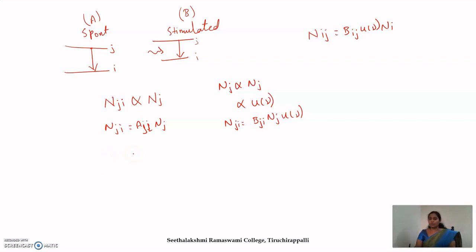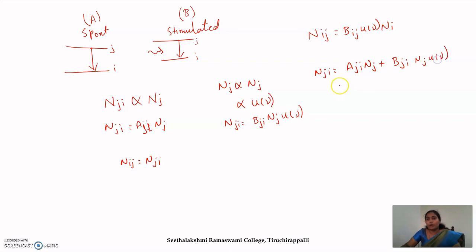So we have three equations now, and we know that the process is happening at thermal equilibrium. So at thermal equilibrium, the probability of upward transition is equal to the probability of downward transition. The upward transition is nothing but our absorption, and the downward transition is nothing but our emission. And we have two equations for our emission, so we can write Nji is equal to Aji Nj plus Bji